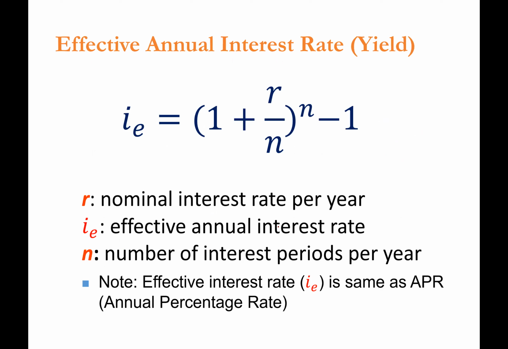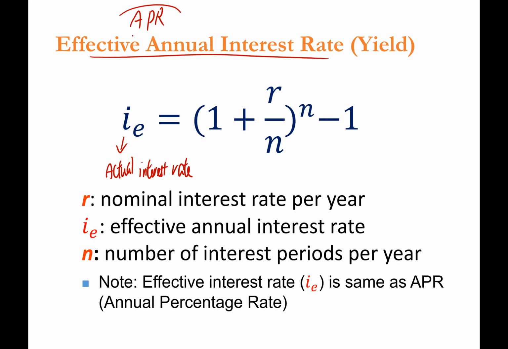And this is what they use to find the effective annual interest rate, effective interest rate, or APR. We're using I with a subscript E to represent the effective interest rate, and you can also call this the actual interest rate. If you look at the borrowing side, it's actually the real borrowing cost. Compared to 18%, it's going to be slightly bigger, which means you're paying slightly more than 18%. And once you figure out the APR, the effective interest rate,